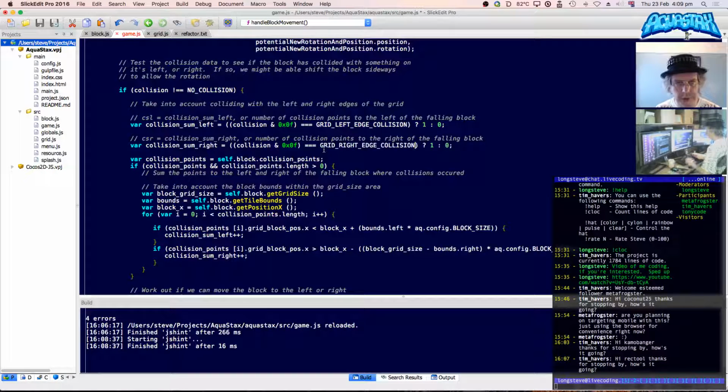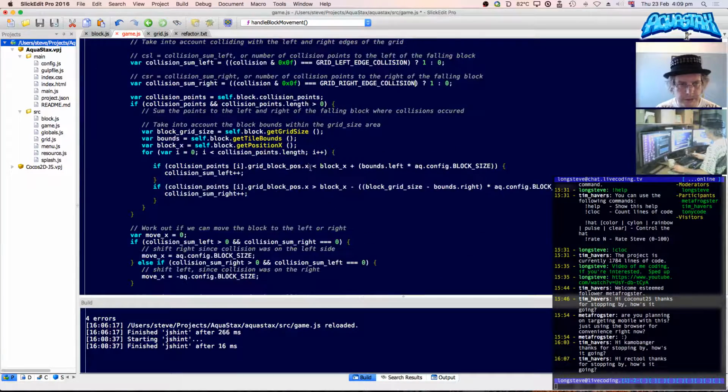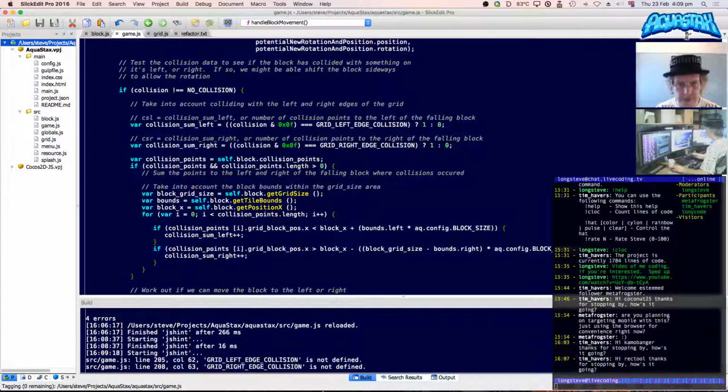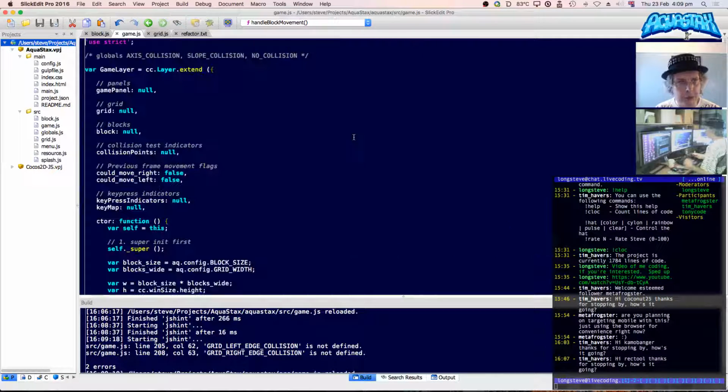There we go. Definitely 1 and 2, isn't it? Yep. Right. Save that. So JS hint, which is about grid left edge and grid right edge. Yep. I should put these in my AQ global namespace, left and right. But for now, we'll just keep JS hint happy.